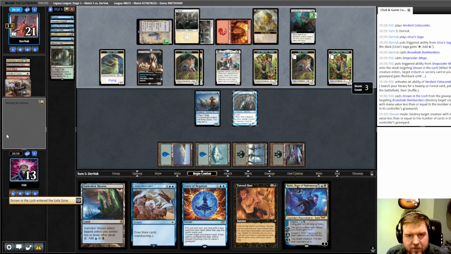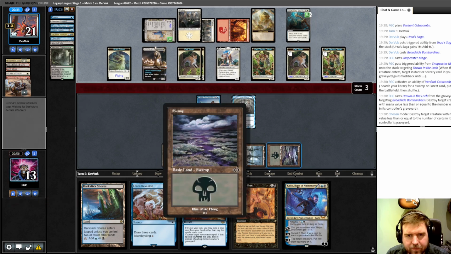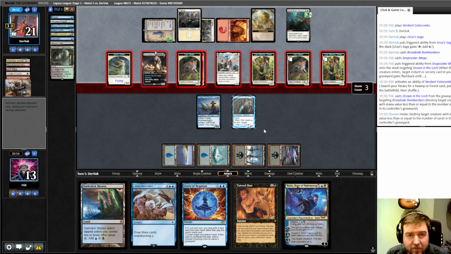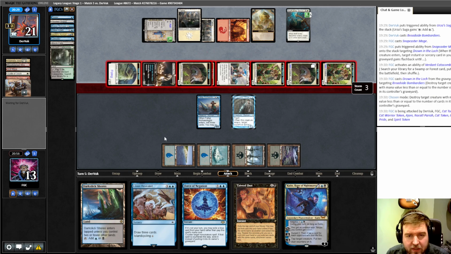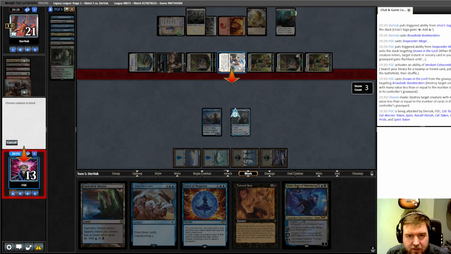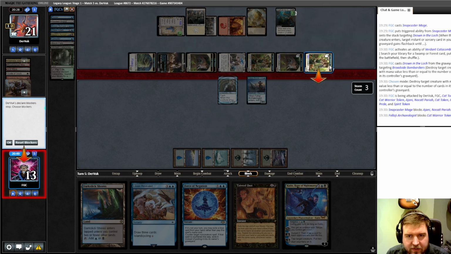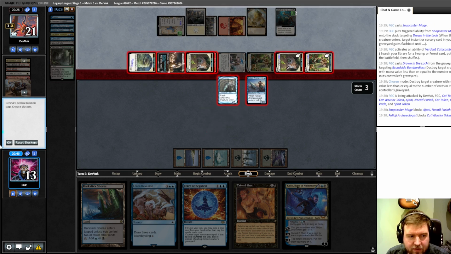And we're really hoping to draw Oracle here. I don't think there's anything else that saves us now, and they might have something already. So I'm going to block the Ajani, I guess, because I have to, and I will block one of the 2 power cats. I take 2, 3, 4, 5, 6, 7, and go to